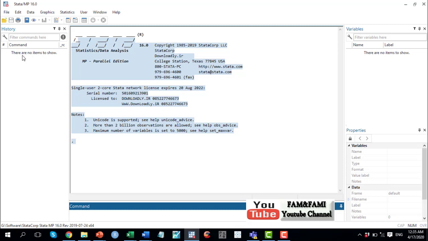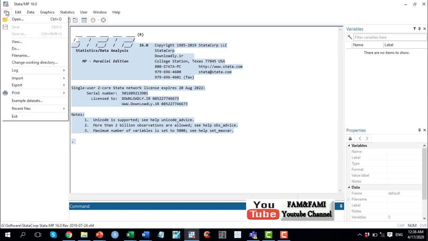If we have typed a very long command in the Command window to produce a result, and after 5 or 10 minutes we need to use the same command again, instead of typing it we can simply use this history. We can copy the command, or even double click on that particular command to run it again.